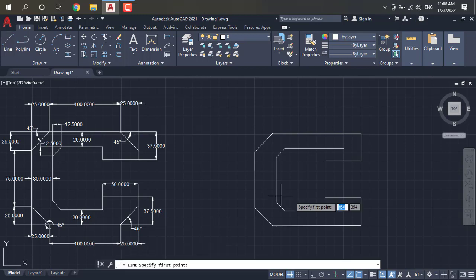Again you have to take the 45 degrees line. Here also give the 45 degrees. Yes, this is a 45 degrees. You just observe there. Just click on it and escape, and again here you have to take the line. Here you have to observe 45 degrees.